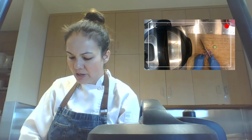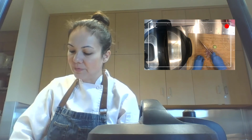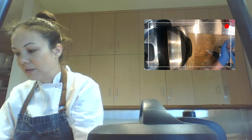That's it. And if you are scared of the taste of onion, don't add it. And to remove that bite that you get from red onions or onions in general, just soak them in a little bit of water. All right, so I'm gonna take that, and I'm gonna add